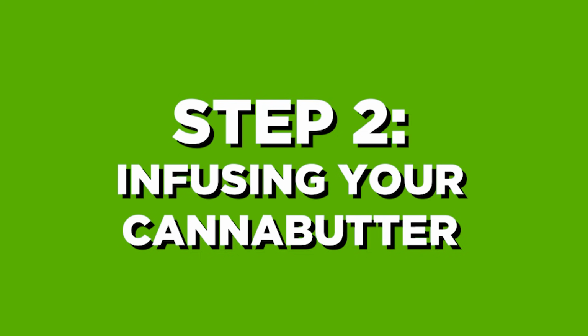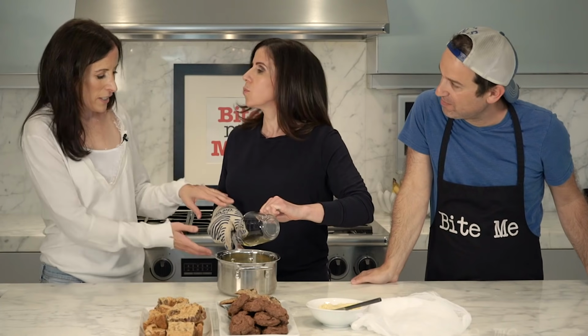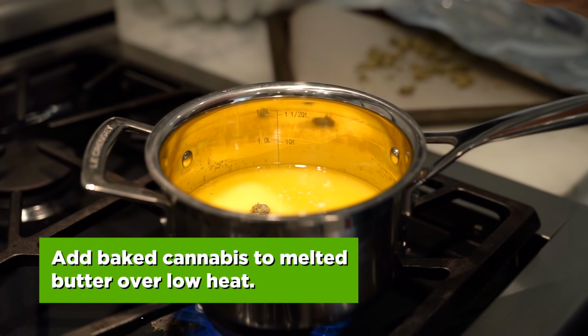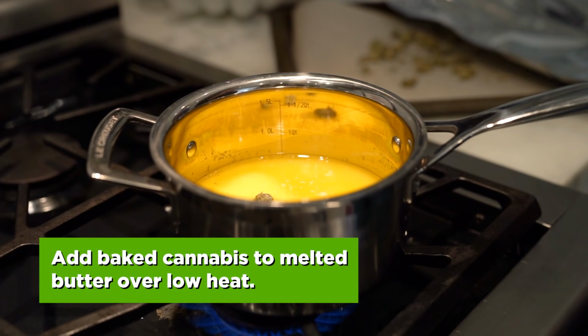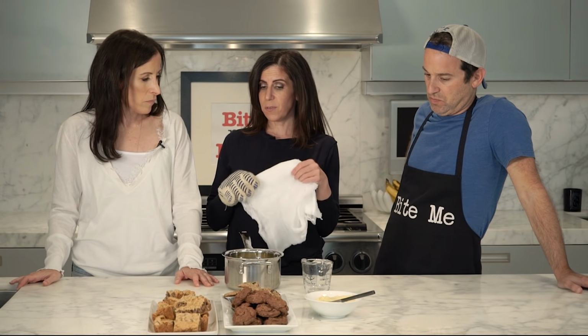Once the cannabis is baked, we're gonna melt 2 cups of butter, and to that we're gonna add 1 cup of water, just so that the butter doesn't burn. I feel like she's a mad scientist here. A little bit. When the cannabis is baked, we're gonna add it to the melted butter, and that's gonna infuse in the butter for 3 hours. And you can leave it, but stir it once every half hour. When it's finished, you're gonna...